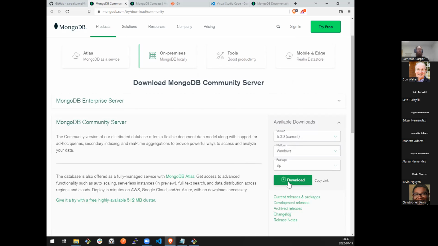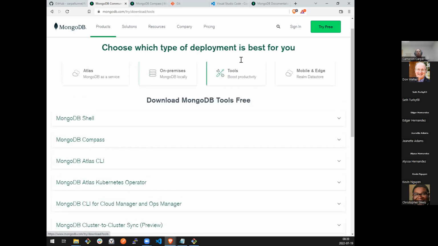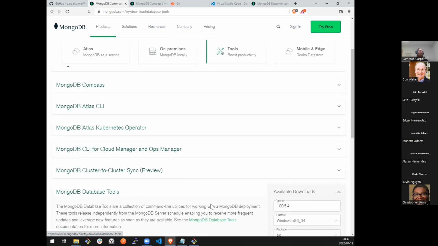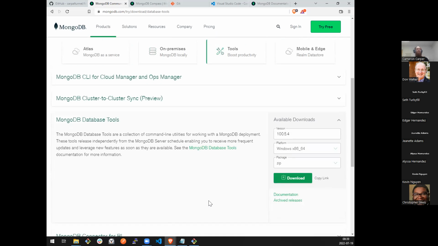In addition to this one, which you already have downloaded, so we'll move on, there is the MongoDB tools, and specifically the MongoDB database tools. These used to be packaged with the server itself. They split that out, I don't know, maybe 2 years ago. And it is a much smaller file or group of files than the database server itself is.